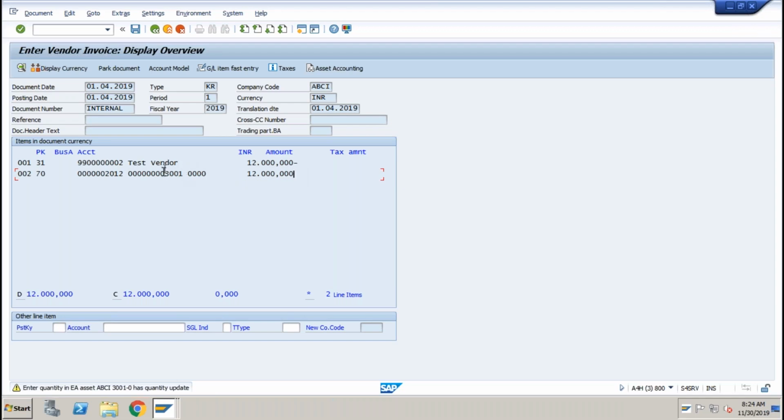Now, what is this technical clearing account? As I told you, in ECC, there was no concept of technical clearing account. What was happening is vendor credit to asset account debit was coming automatically in one line itself. Now, this technical clearing account is a clearing account which is dividing this single transaction into two parts. I'll show you what exactly I mean. If you click on this asset accounting button,